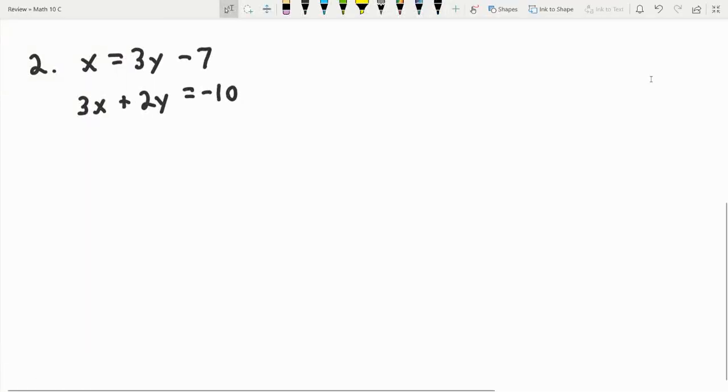So let's do question 2 now. For question 2, once again, I have a system of equations that I want to solve using substitution. I'm going to start by labeling my equations. So this will be equation 1. And I will label my second equation as